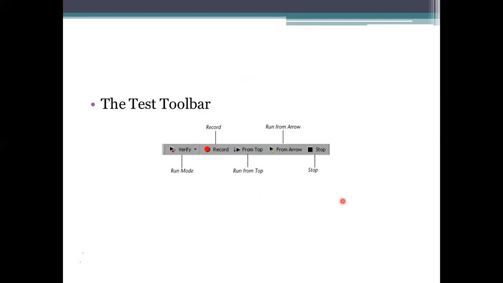If you see, there is an indication; we can choose verification, which has multiple options for the representation. We can also record from the top, and record from the arrow, which we saw in the previous slide, the arrow representation. From that you can specify and record at this position. And you can easily stop the processing for the representation.